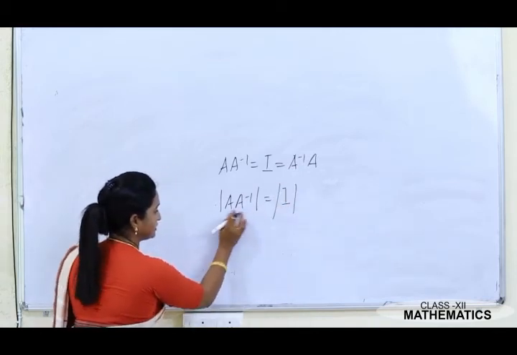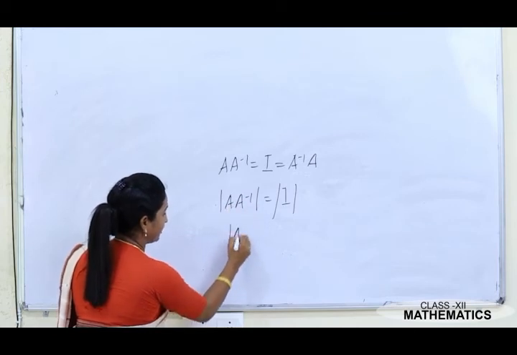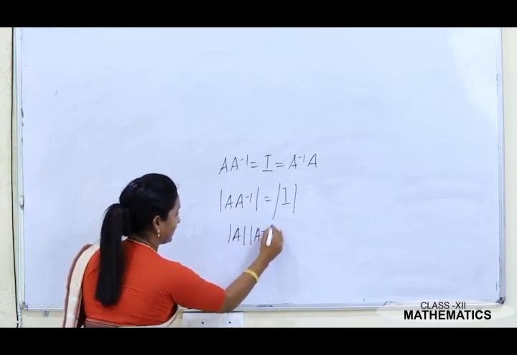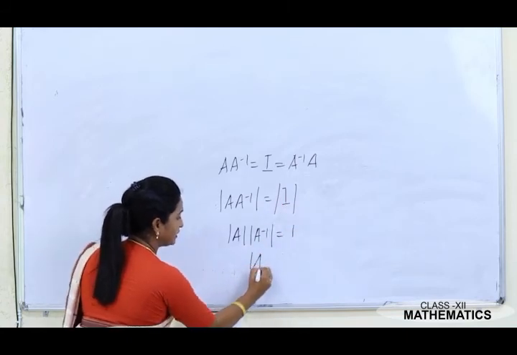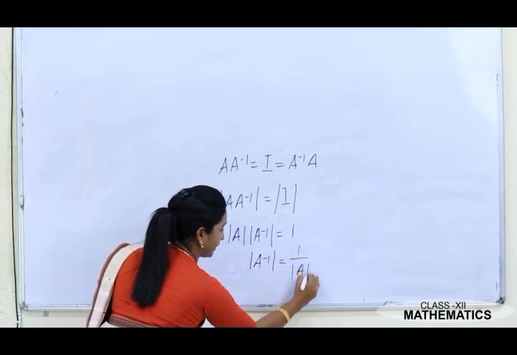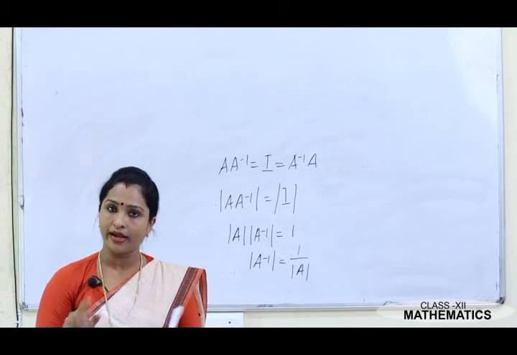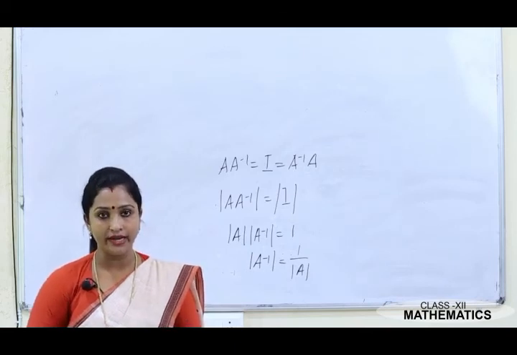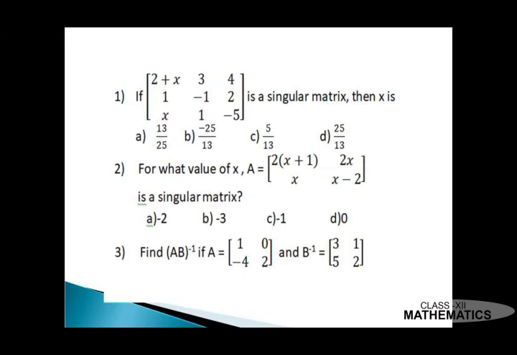okay, what is this? This is again a result: determinant of AB is determinant of A into determinant of B. So determinant of A into determinant of A inverse, and what is determinant of I? It is 1. So what will be the value of determinant of A inverse? It is 1 by determinant of A. Here we did not use the symbol, we wrote DET. It is the same thing. So which option will be correct? B option will be correct. Okay. Clear, children?